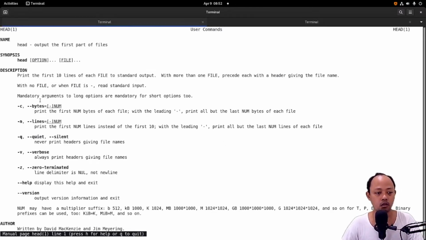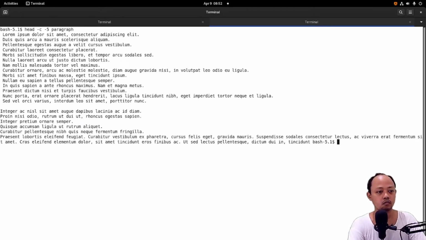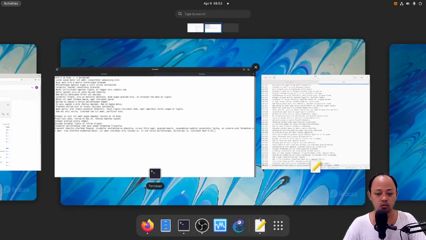Let's try the other option. We will use the -c. Let's check that file.